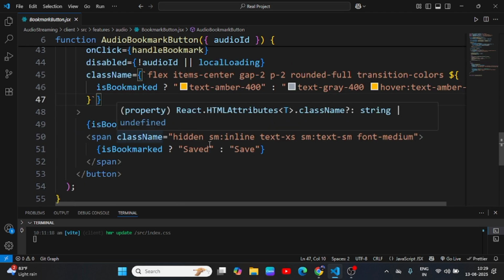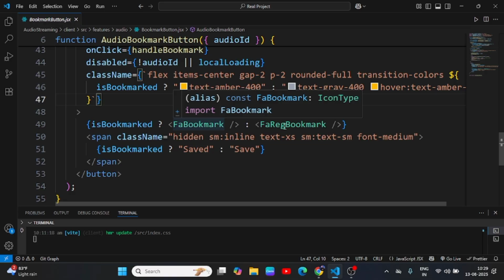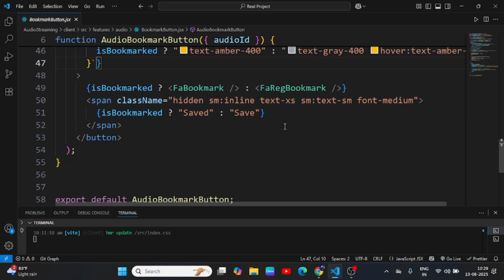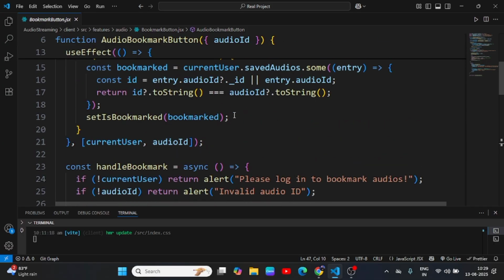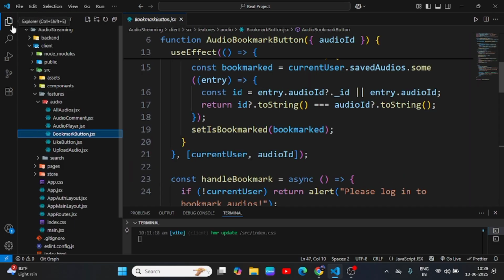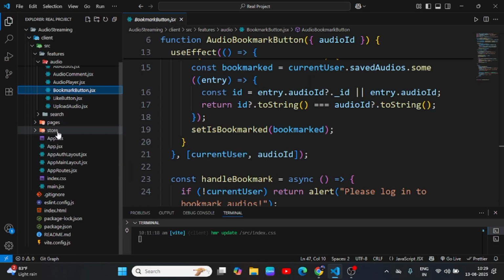If it's true, show this icon, otherwise this icon, and also the UI text: saved or unsaved, right? So yeah, this is similar to the like button, but now I'm going to explain again the